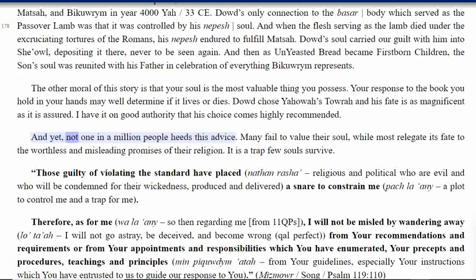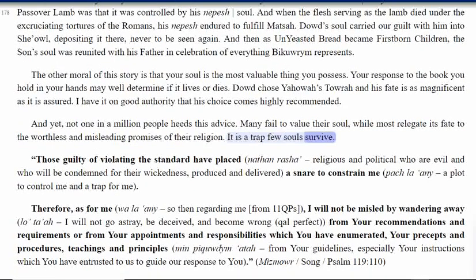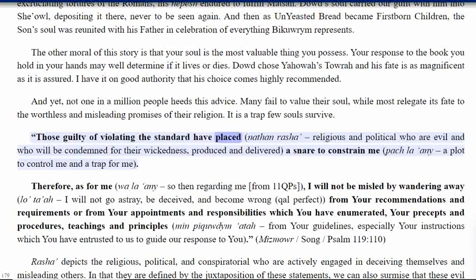And yet, not 1 in a million people heeds this advice. Many fail to value their soul, while most relegate its fate to the worthless and misleading promises of their religion. It is a trap few souls survive. Those guilty of violating the standard have placed, Nathan Rasha, religious and political who are evil and who will be condemned for their wickedness, produced and delivered, a snare to constrain me, Potla Eni, a plot to control me and